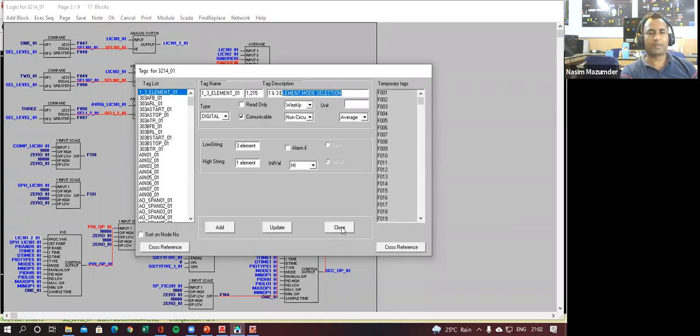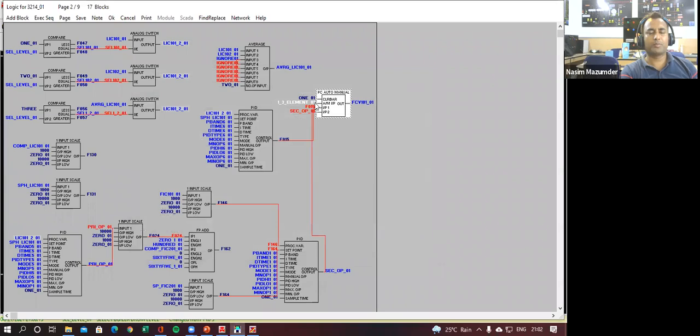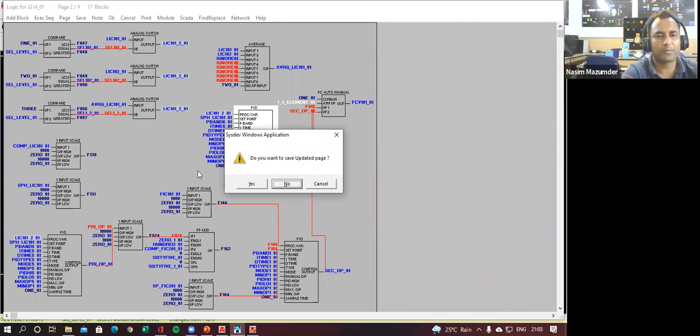Okay. So based on this, here you can see it is written as 1. If single element has been selected, then this PID is giving the command to your FCD. If 3 element is selected, then it will be a different calculation.